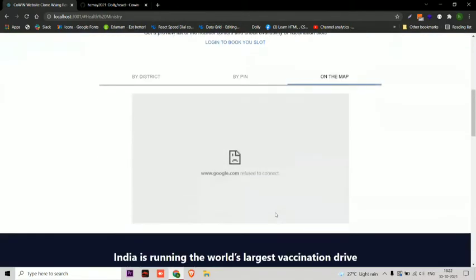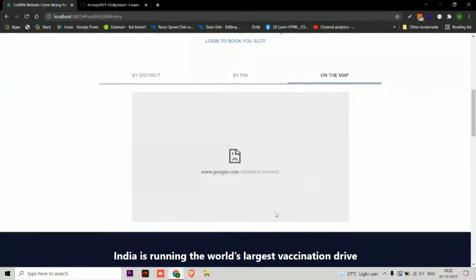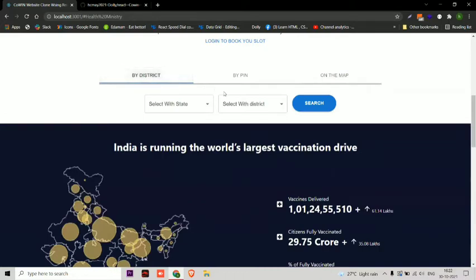Map is a third-party component for MUI and React, but I tried using that and I didn't get it. I don't know why Google is refusing the connection. I have to check that. If you know, then let me know in the comments. So this one I have used and I have made with MUI.